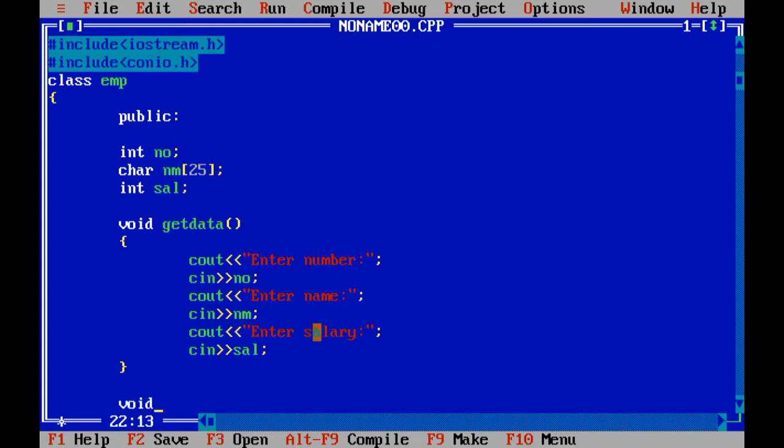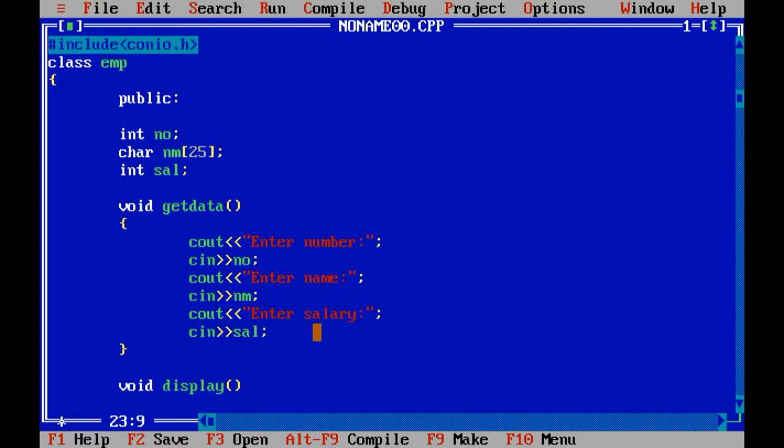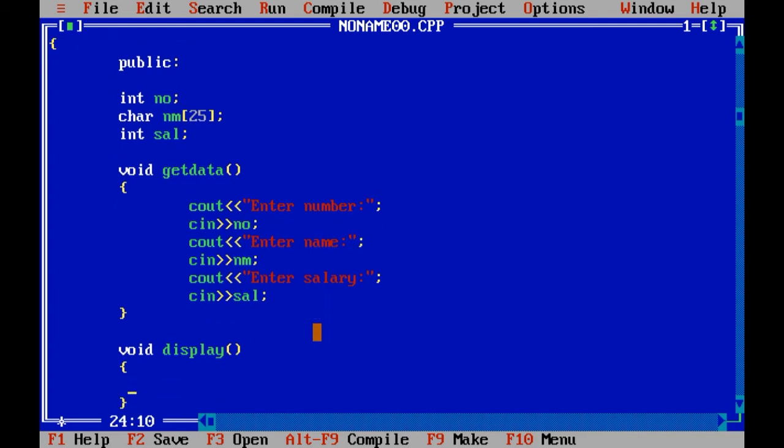Now one more function I want to develop, that is void display. Display is nothing but when I want to print the values which are entered by the user using the getData function, that I want to display on the screen.